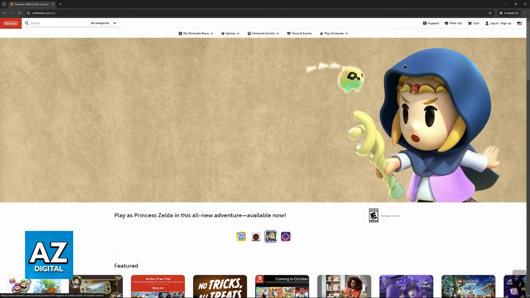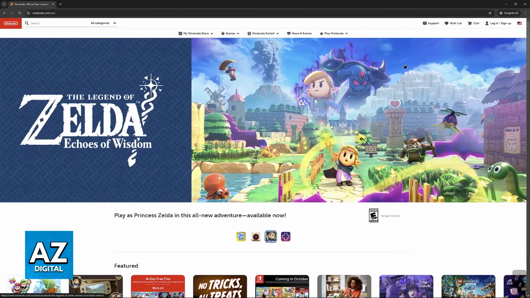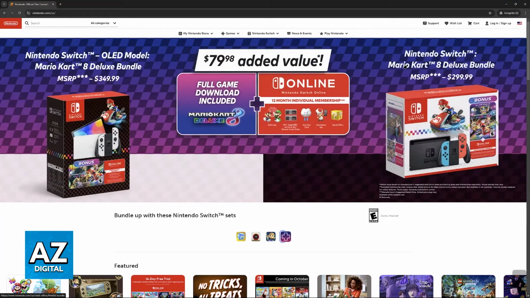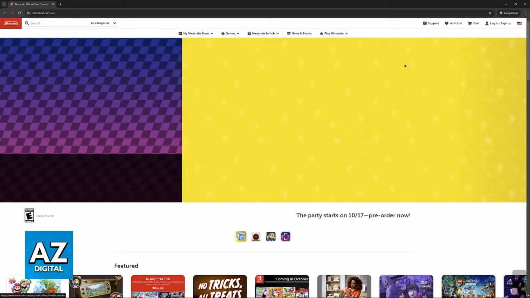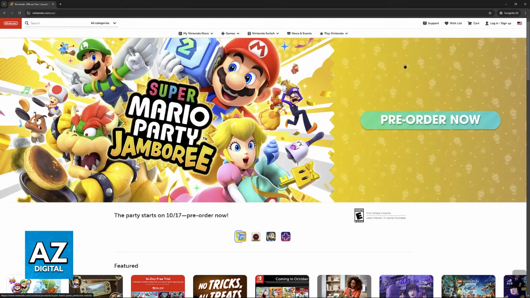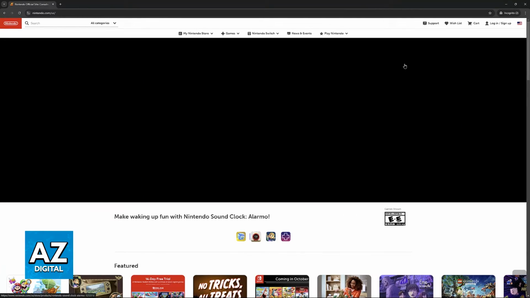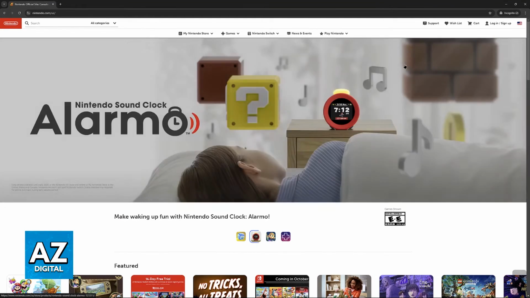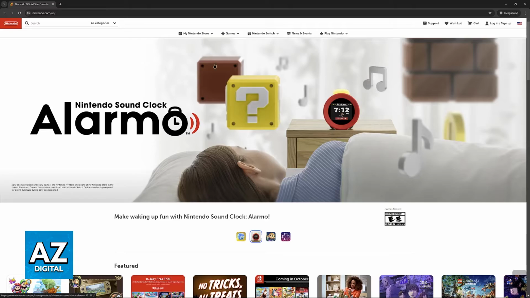a Nintendo account. Sometimes when you open the eShop or you try to access most features on a Nintendo Switch, if you are previously signed into a Nintendo account, sometimes they will ask you to re-enter your password. If you don't remember the password or you are having trouble signing in, you will have to reset or change that password. The best way to do this is through a web browser.